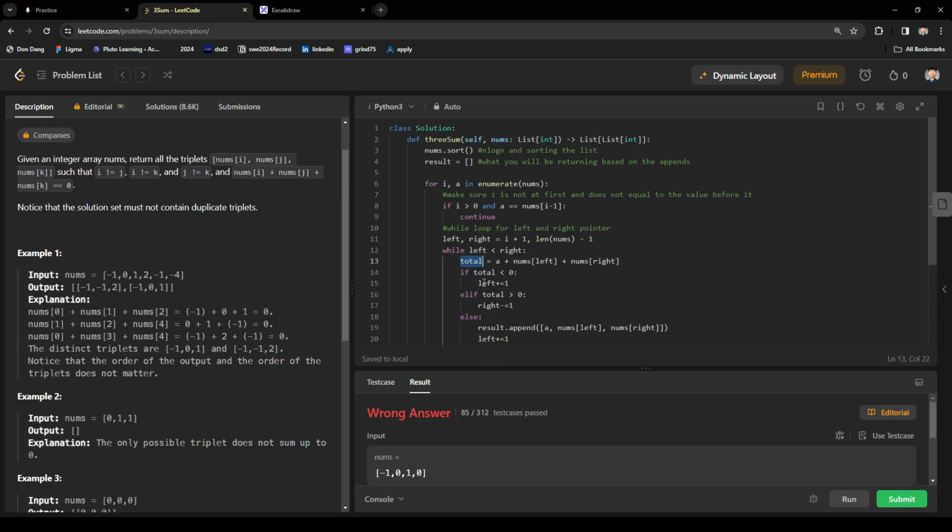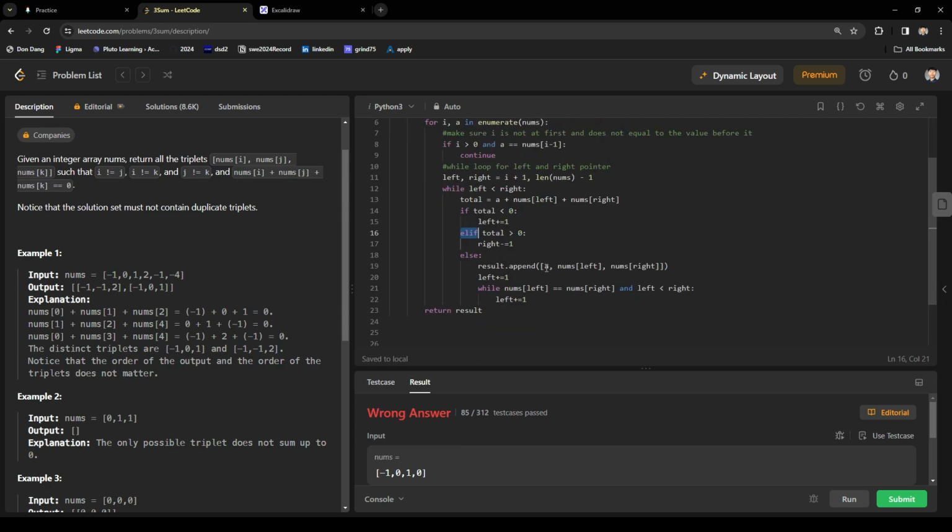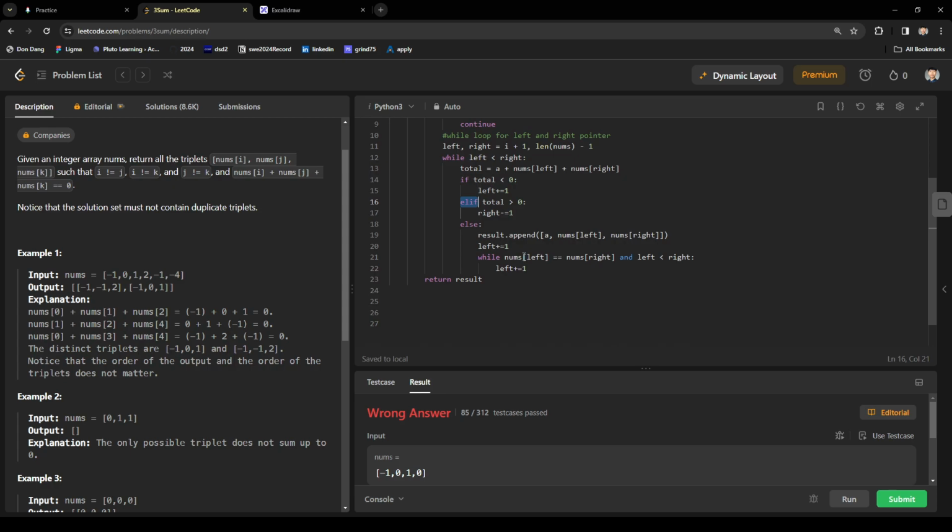If total is less than 0, left plus equal 1, else if total is greater than 0, right minus equal 1, else result dot append a, nums left, nums right, while nums left equals